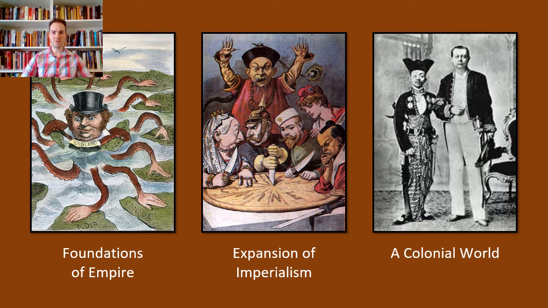So when I say most of the world was colonized, what does that actually look like? What does that actually mean? We'll talk about some of the foundations of empire, what enabled Europeans and Americans and Japan to impinge on their neighbors. We'll look at the expansion of imperialism, where it traveled, what it was for, and we'll look at the development of a colonial world. What did the world start to feel like for people outside of Europe, outside of the United States? There was a new character to life, a new character to society that is going to drag on for quite a while, certainly through the end of World War II in the 1950s and 60s. And a lot of unexpected developments come out of colonization.